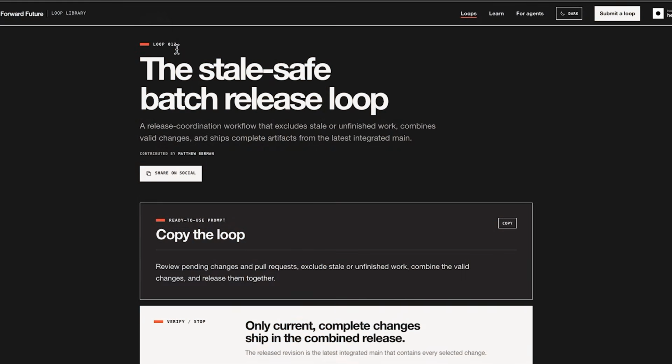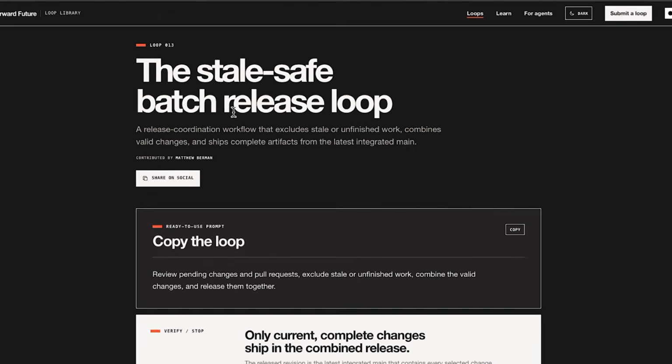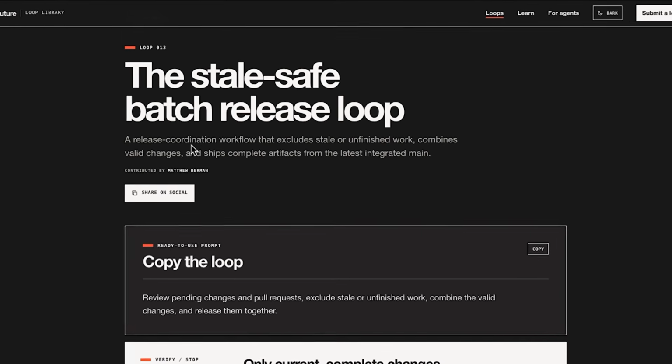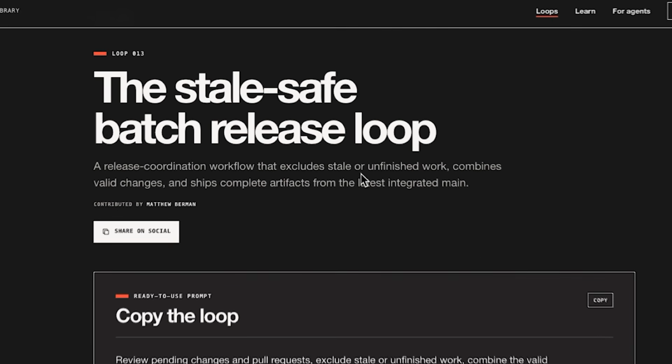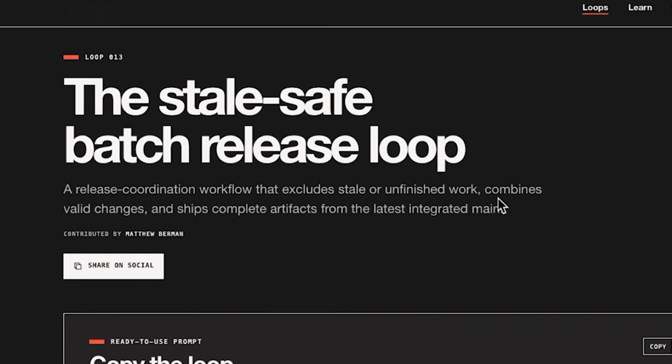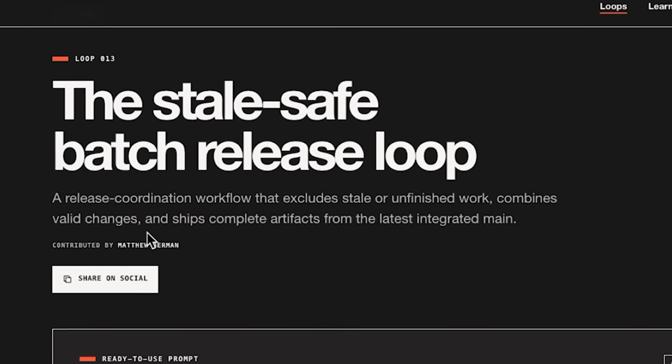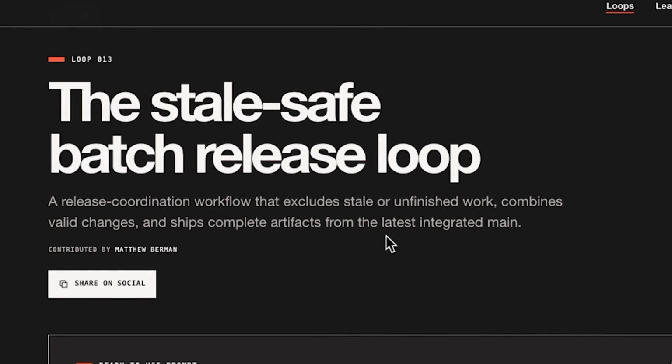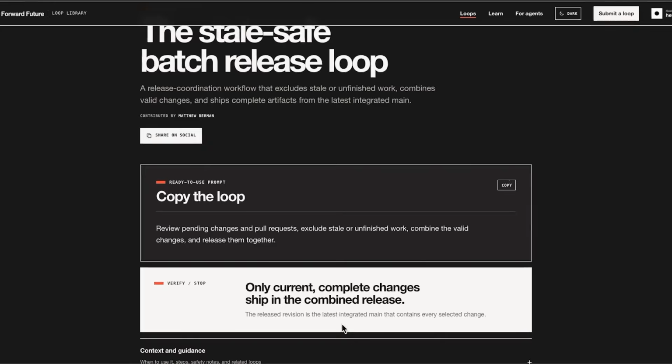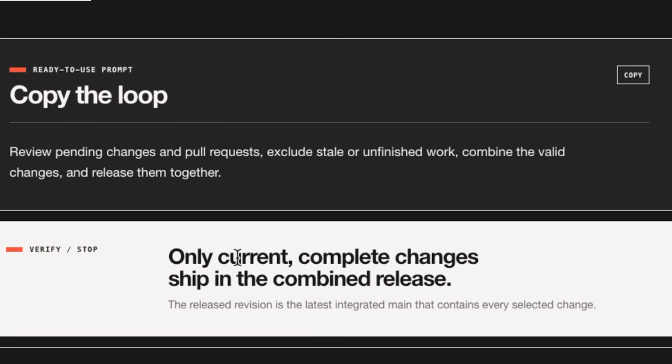Loop number 13, the stale safe batch release loop. A release coordination workflow that excludes stale or unfinished work, combines valid changes, and ships complete artifacts from the latest integrated main. The verify stop is only current,